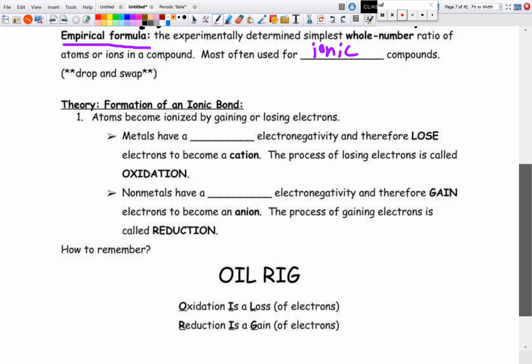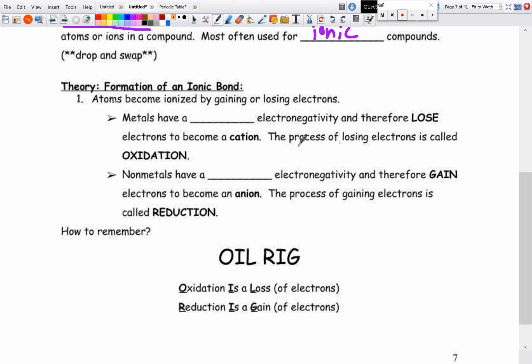So, first, the theory behind this. Atoms become ionized by gaining or losing electrons. If we remember the whole idea about electronegativities, metals have very low electronegativities, so they're going to lose their electrons to become a cation. This process is called oxidation. Losing electrons is oxidation. Nonmetals have a high electronegativity, generally speaking, so they're going to gain electrons, and this